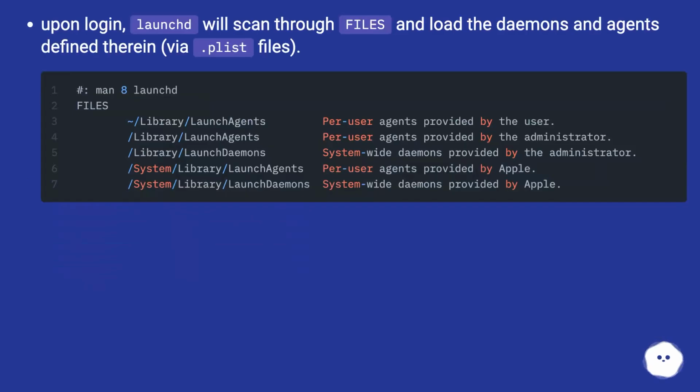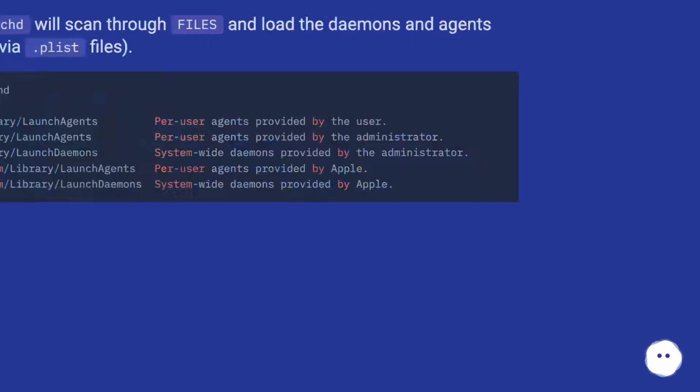Upon login, launchd will scan through files and load the daemons and agents defined therein via .plist files. Therefore,